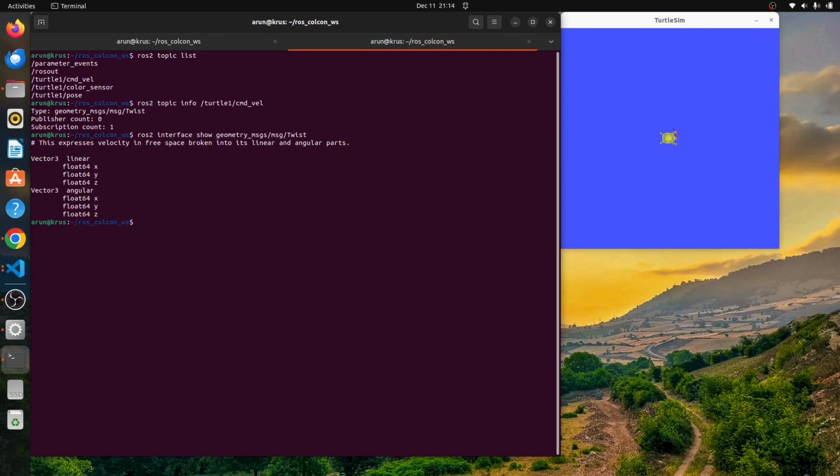So over here, what you'll see is that it is composed of two different vectors, and each vector has float x, float y, float z, and the same way for the angular component. So it has a linear component and an angular component, and within that it has x, y, and z. So in order to publish some data to make this move, we need to individually assign values to each of